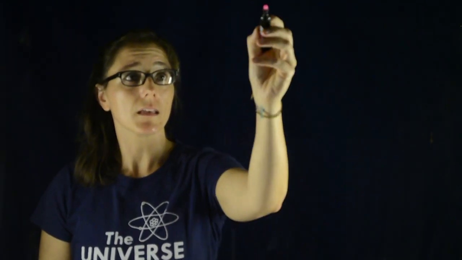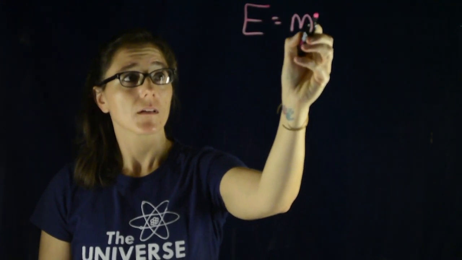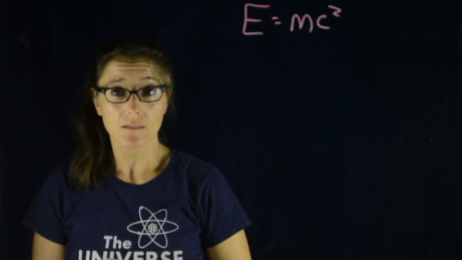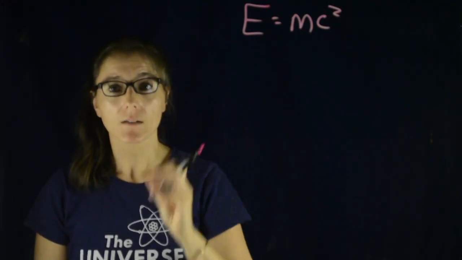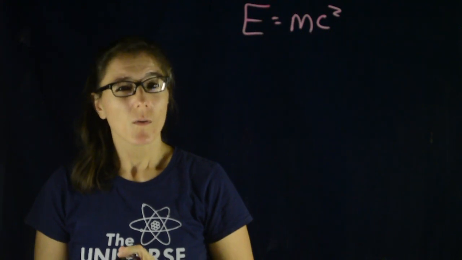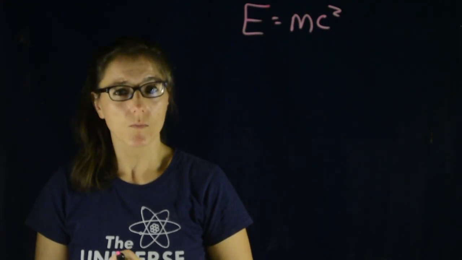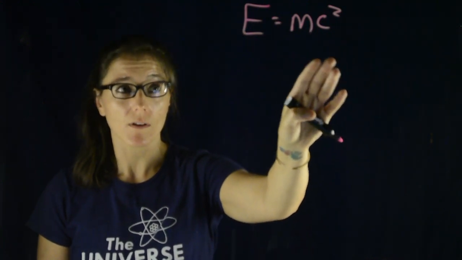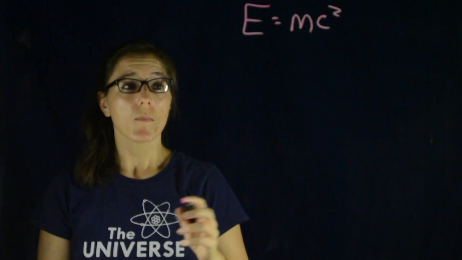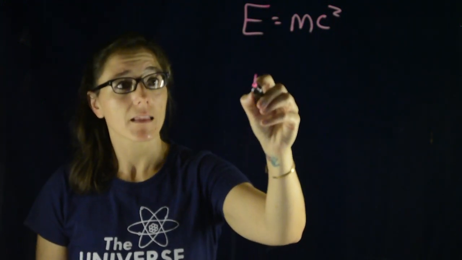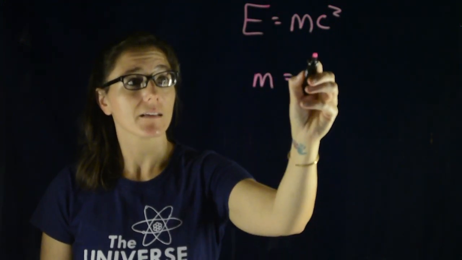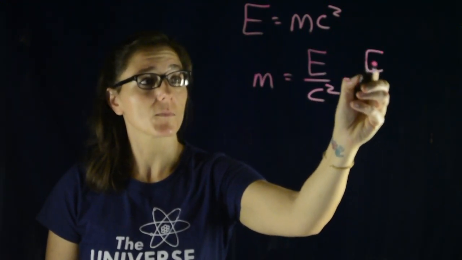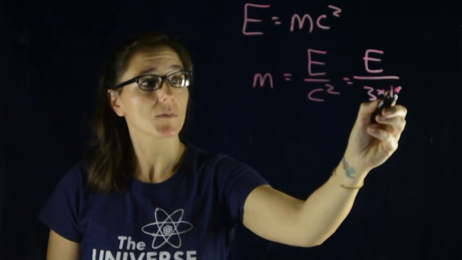Einstein's equation, E = mc squared, is groundbreaking for more than one reason. What it means is that mass moving near the speed of light can in fact become energy. We can already kind of tell from the units and what we know about kinetic energy that if we take an energy and we divide it by a speed squared, we will get kilograms out of it. But what it means here is that the mass of an electron is its energy divided by the speed of light squared. Remember, that's the speed of light, 3 times 10 to the 8th,